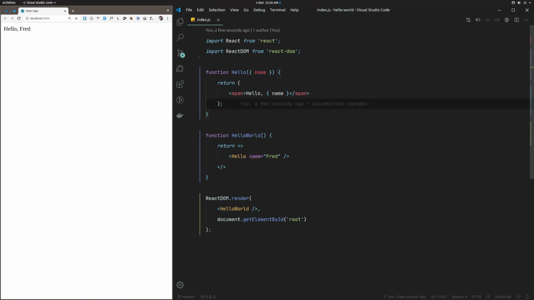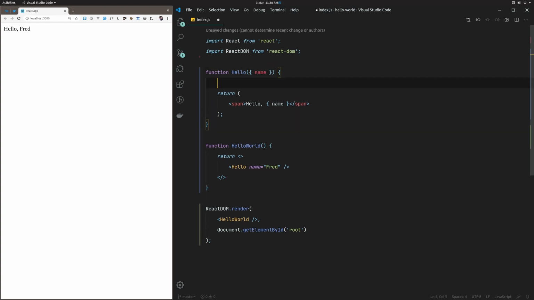The next thing to understand about props is that they're read-only. You shouldn't be modifying anything that you pass in to the actual component. What you need to do really, rather than modifying anything with props, is essentially just use the value and then make new variables if you want to change anything. So if you're computing something or if you're making a new name, for example, if you wanted to make all of this uppercase, then what you could do is you could say const my new name, and then you could basically do name